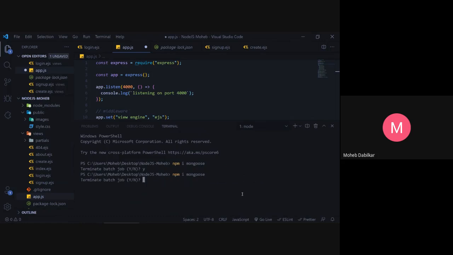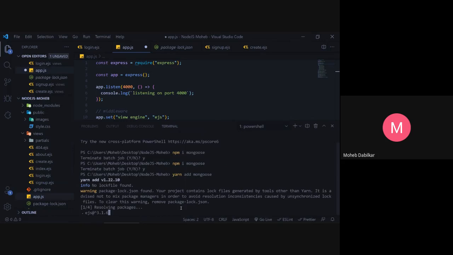We are not doing npm for now, though you guys are supposed to do npm. I will just do yarn add Mongoose. This should work. Yarn is always faster and better because it stores whatever you download in the computer memory, so you don't have to fetch a package from the internet again.